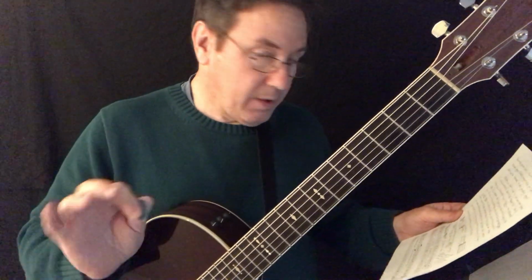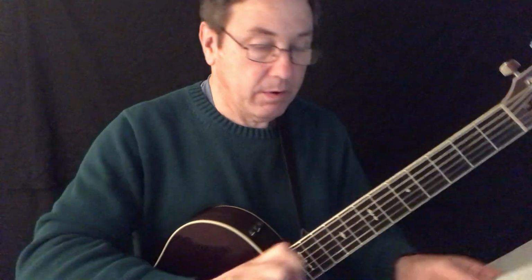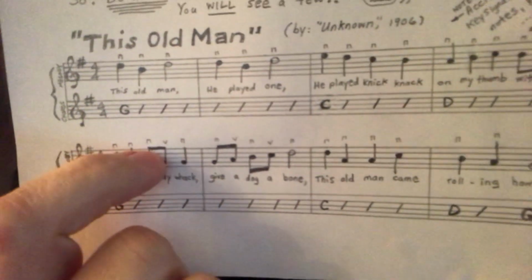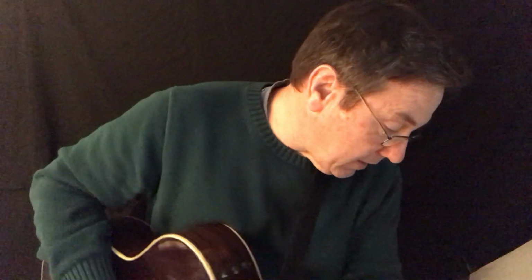Oh, with the 8th notes that I have, you notice the little up and down marks. I had the up and down strokes, okay, noted, and like this first measure, it's up and down. Every other note is up and down. So the last measure of the first line should be like,